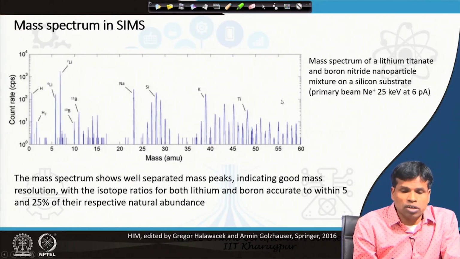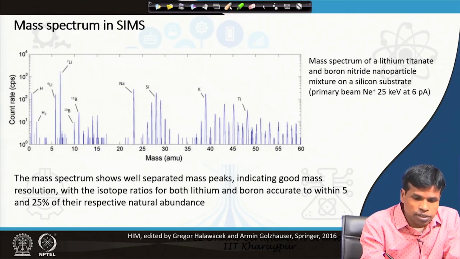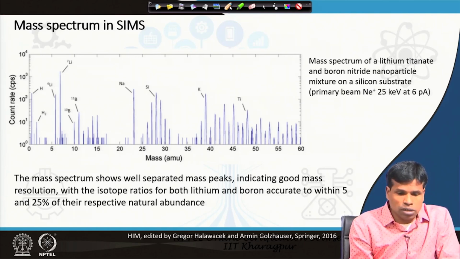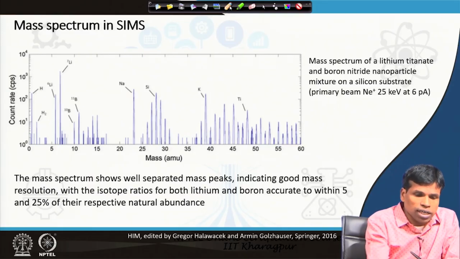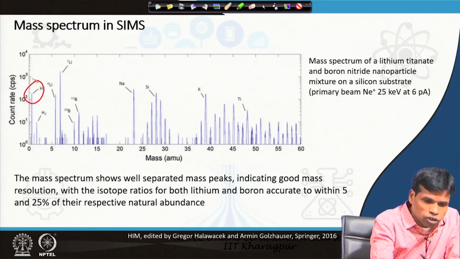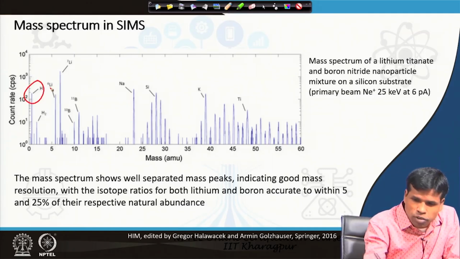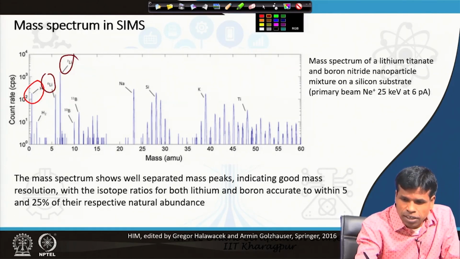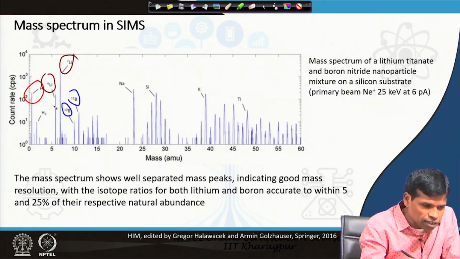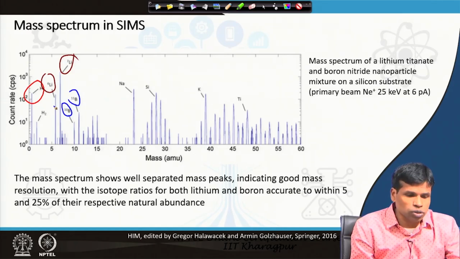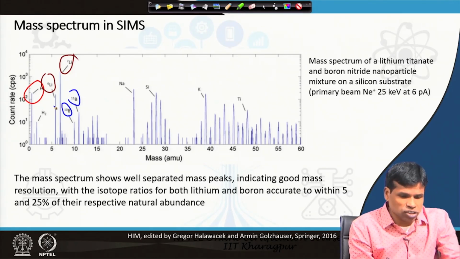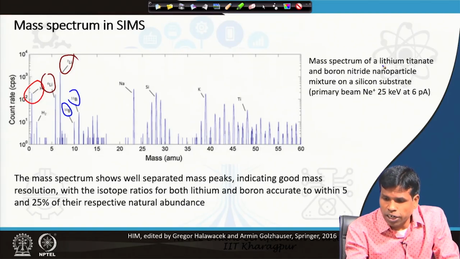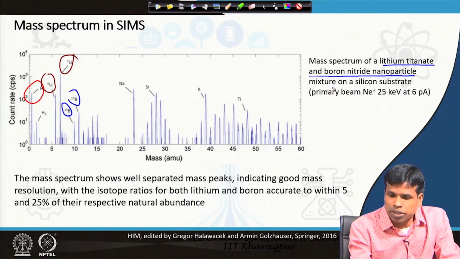This is a mass spectrum. What you can see here is a unique tool to detect not only the presence of hydrogen, but also isotopes, as you see here, lithium 6 and lithium 7. Similarly, we can see boron 11 and boron 10. So it allows us to detect isotopes with very high sensitivity. This is a mass spectrum for a lithium titanate and boron nitride nanoparticle mixture on a silicon substrate,